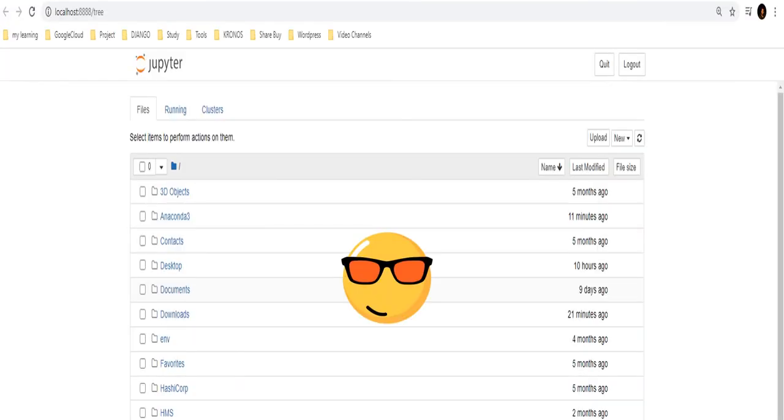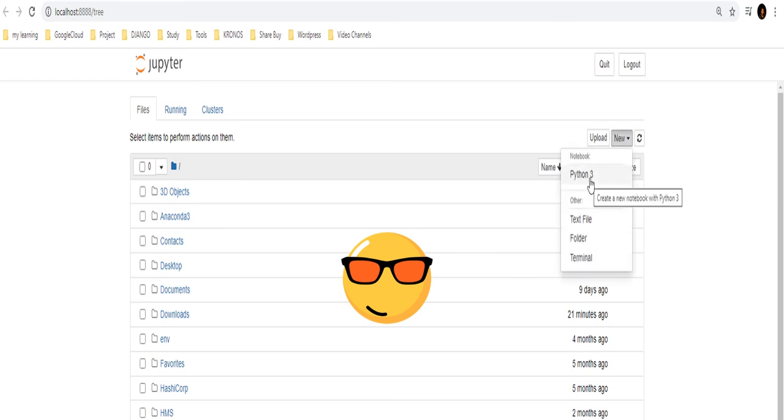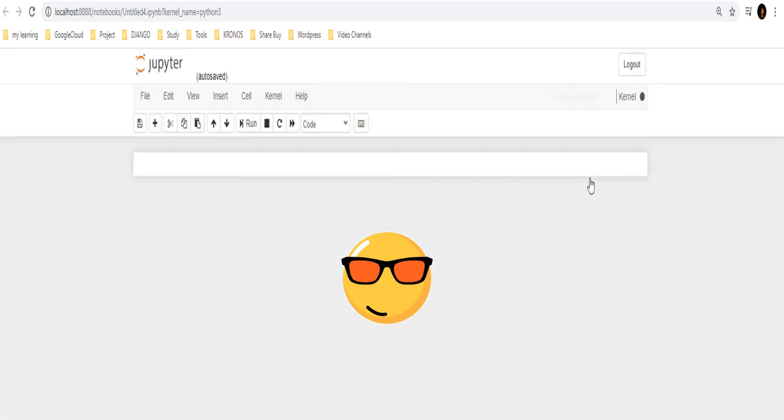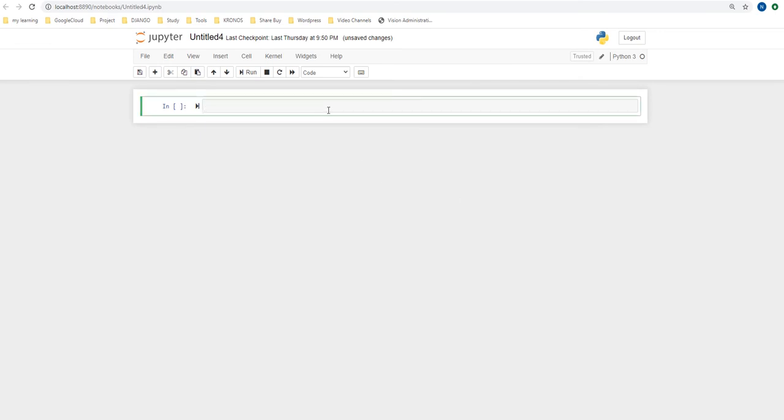Once this Jupyter Notebook opens, just click on New. You will see Python 3. You can just click that. Okay guys, so this is my Jupyter Notebook, and it really acts like a simple IPython. IPython is an interactive Python console where we can directly write commands. So if I write print and write this as Naman, and press Ctrl plus Enter, we get the output.